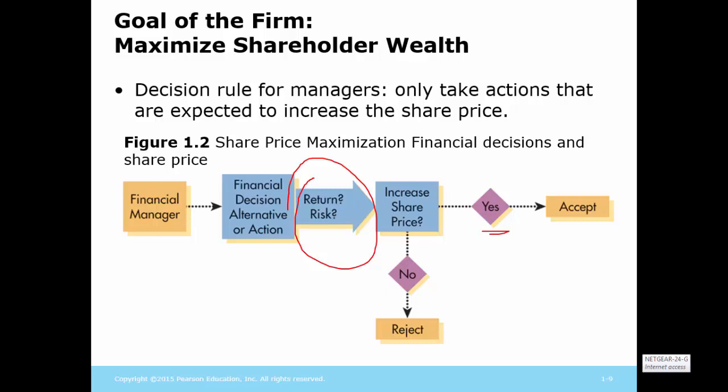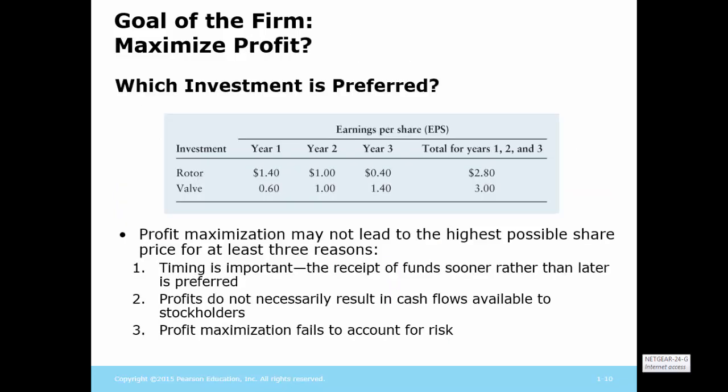And quite frankly, this all really boils down to, most of the time, a very simple concept of cost-benefit analysis. Let's find out what the costs are. Then let's ultimately analyze and try to determine what the benefits are. Now, we do that all within this risk-return concept. But once we've analyzed that, we'll come up with an answer of whether or not it increases value or whether it decreases value.